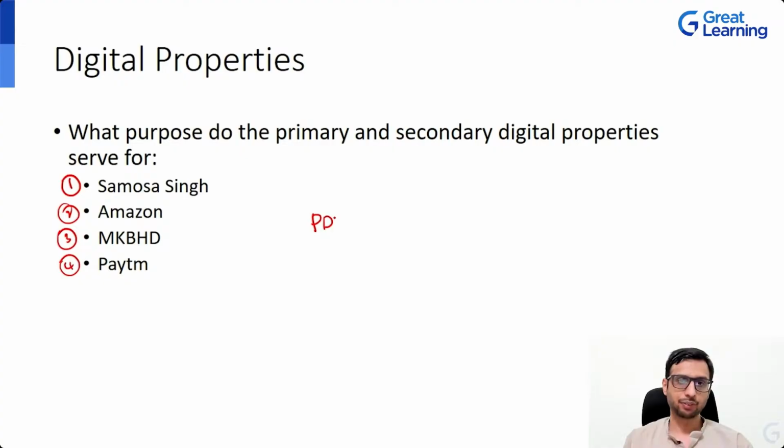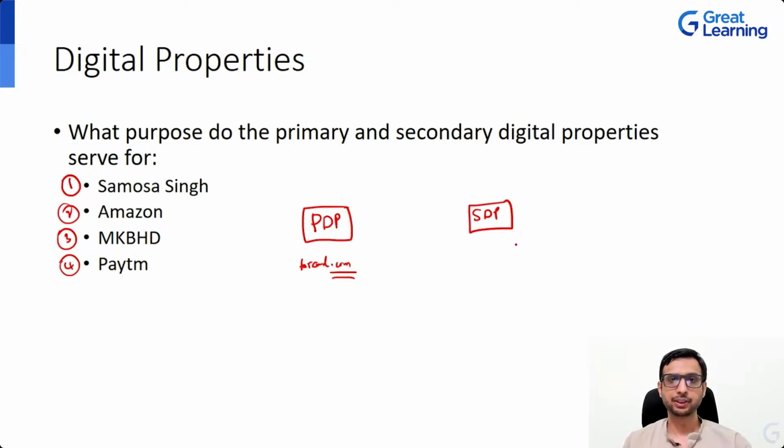What we have seen so far is that PDPs, or primary digital properties, are the singular presence of the brand on the internet, where a bunch of their transactions might happen. It also is a place where the philosophy of the brand is hosted. Associated closely with the primary digital properties are secondary digital properties, which are business pages on Facebook, Twitter, Instagram, YouTube, and so on,